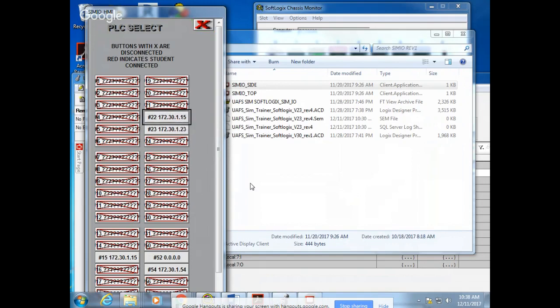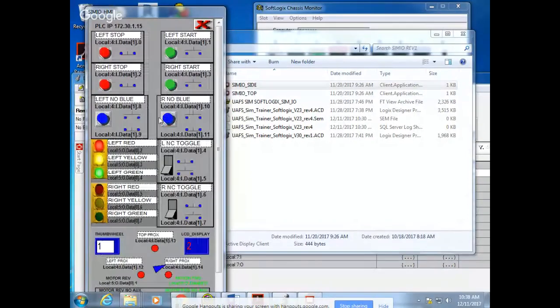And when I do that, it should open up. It's going to turn red, which means I've connected to it, which means if you see a red one, that's a button you don't want to click, because that belongs to your neighbor, you with me? Belongs to your neighbor. We'll try it again. And now I have my buttons working, and if it's the default program, that motor should be spinning around, nothing grayed out, should have the appropriate IP address listed,